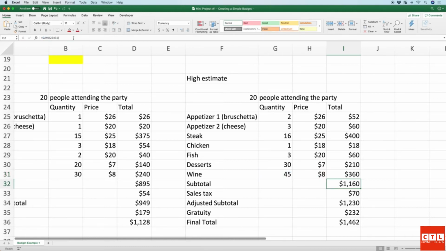So the subtotal is all of these numbers still added together. The sales tax has been adjusted to take 6% of this number. So you're seeing that everything is being recalculated based on your new numbers, which is exactly what we want. We have an adjusted subtotal. Gratuity is 20% of a higher number. And there we have it, a final total of